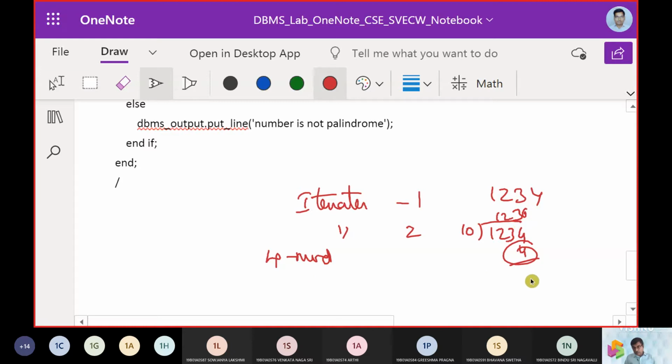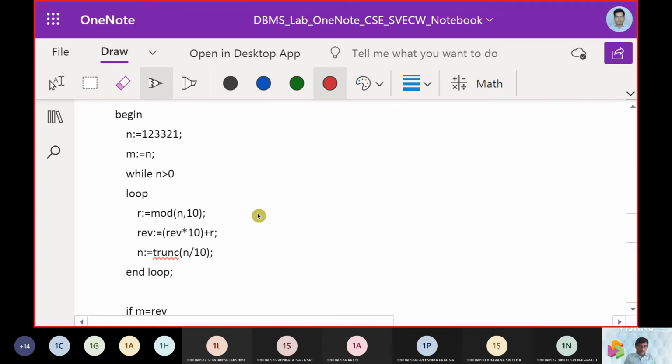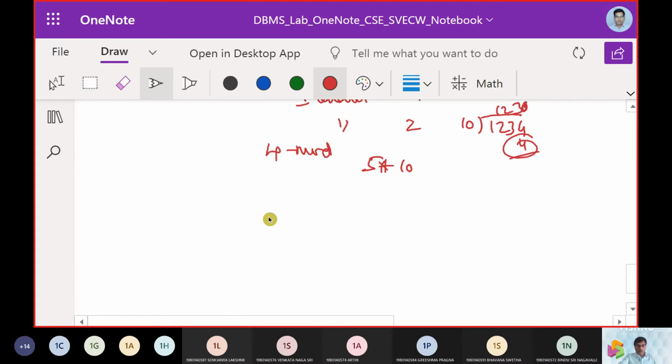Then we get the reverse part, right? So what is the logic? Reverse is equal to reverse into 10 plus r. So reverse is equal to reverse into 10, plus r. R is nothing but 4. That means you get this as 54.